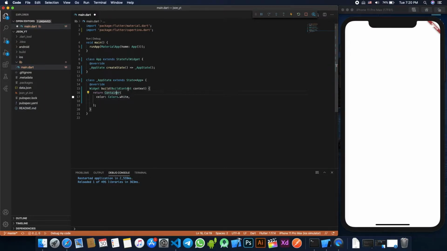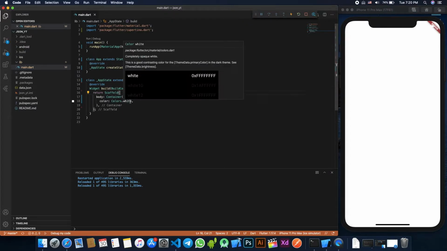I'll wrap this with a scaffold. Scaffold. And this is the body. And I think that should be good. Yes. So we have a scaffold with a container.